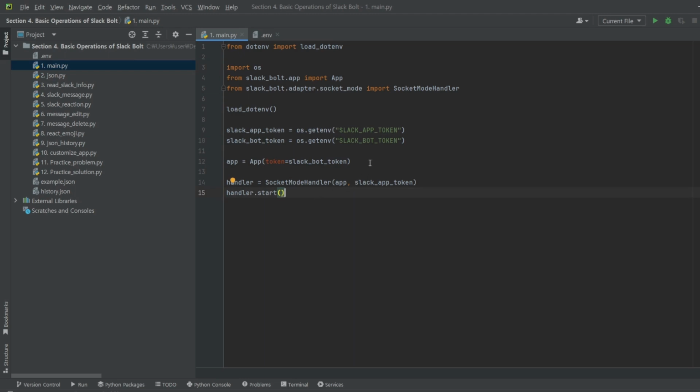Then, declare the app variable based on the Slack bot token. This app will manage the permissions stored in the Slack app setting page.